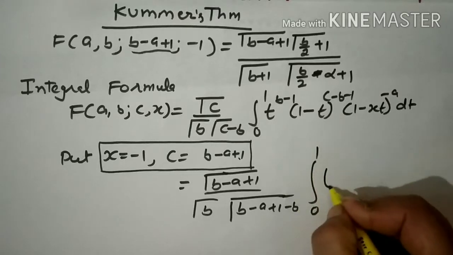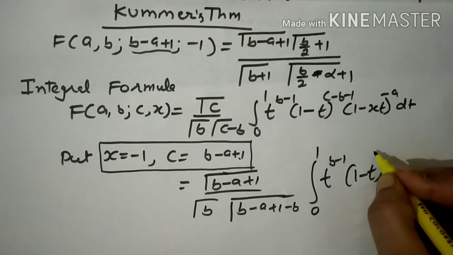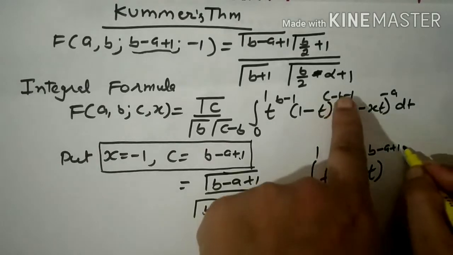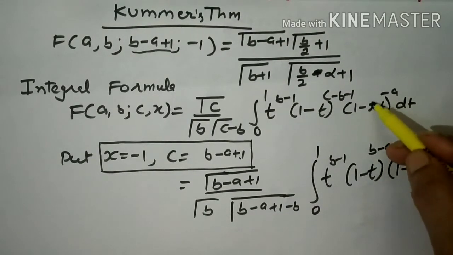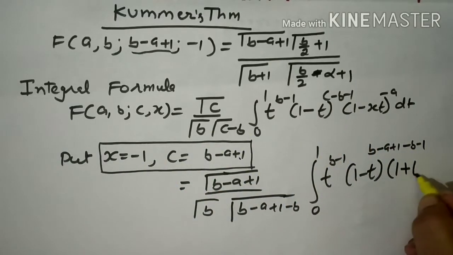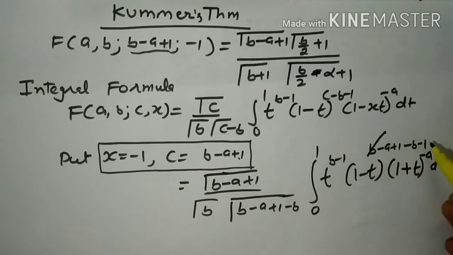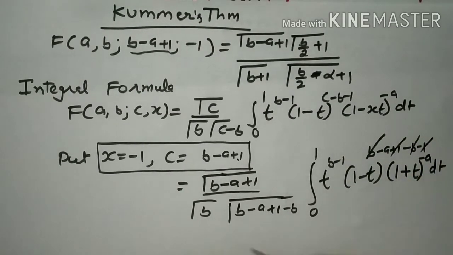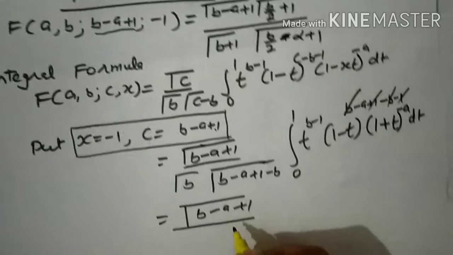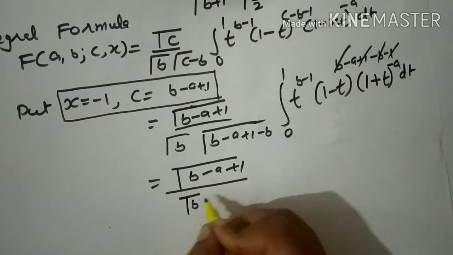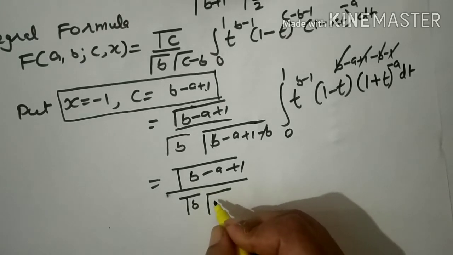In the integral, t raised to power b minus 1 as it is, 1 minus t raised to power, in place of c we put b minus a plus 1 minus b minus 1 as it is. And here also 1 minus, in place of x we need to put minus 1, so it will become plus t raised to power minus a dt. Right, now you can see b minus b cancel, 1 minus 1 cancel, so it will remain b minus a plus 1 in the numerator, and in the denominator gamma of b and b cancel with b, it will become 1 plus 1 minus